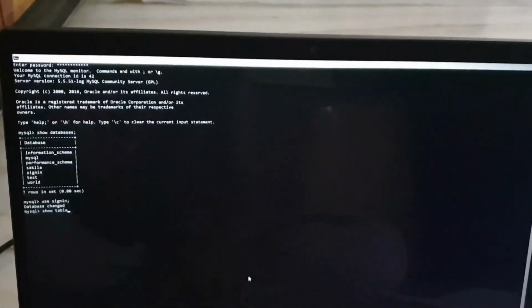These are the inbuilt functions in database connectivity. Now we'll have the table for sign up.